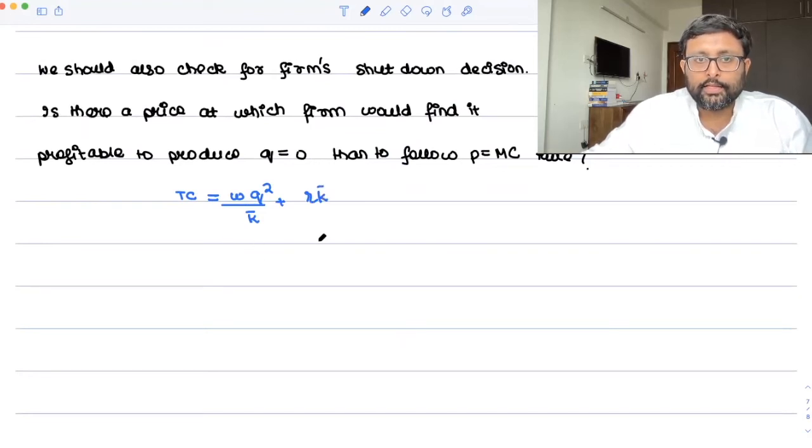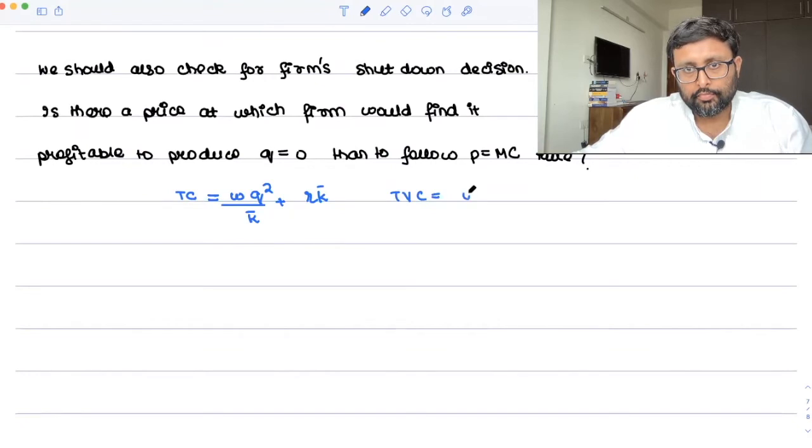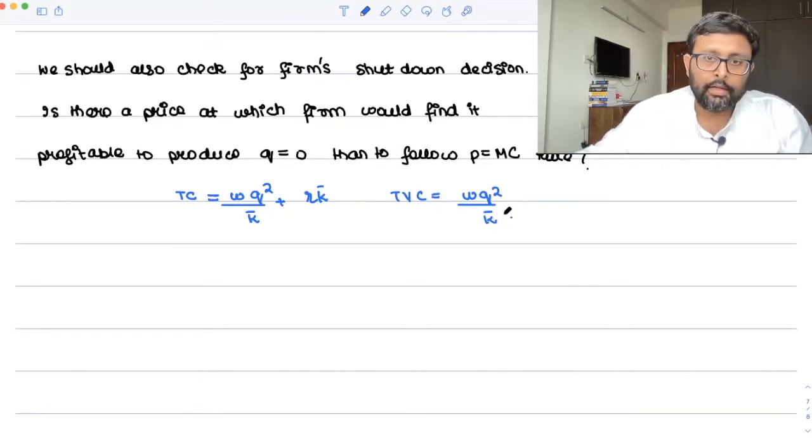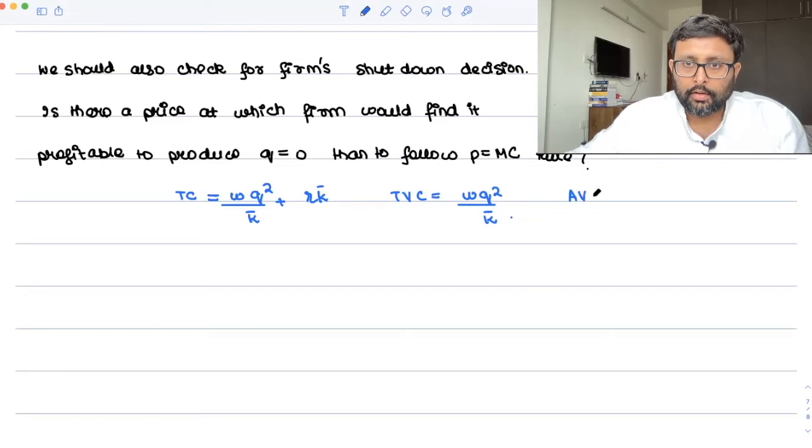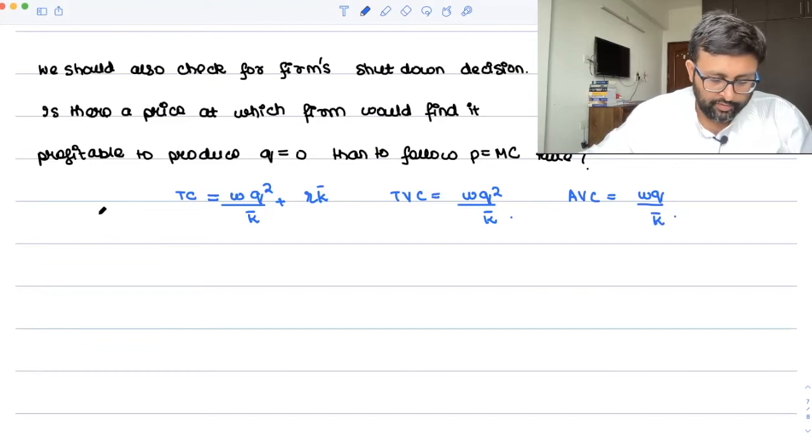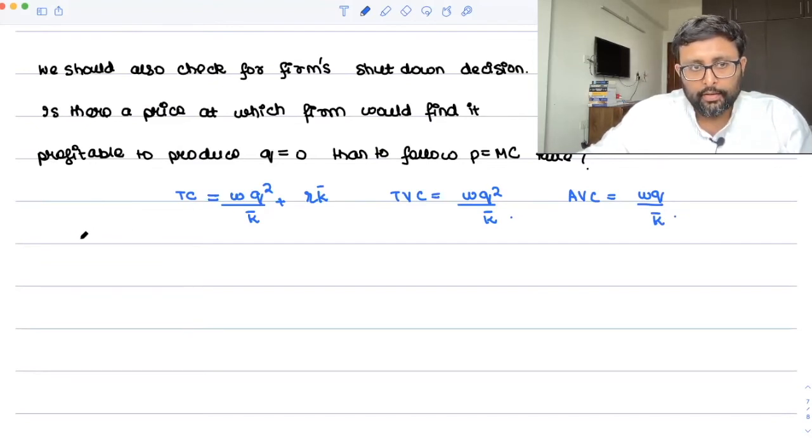So this is your WL, this is your RK. So K is fixed out here. So this is what your TVC is. AVC is TVC upon Q. Fair enough. Okay, just think about it. Can you just compare this AVC and